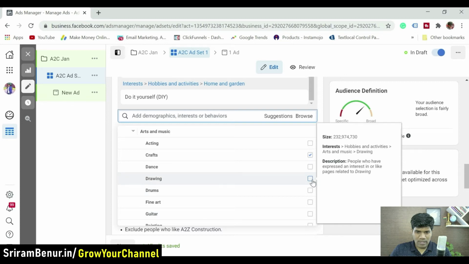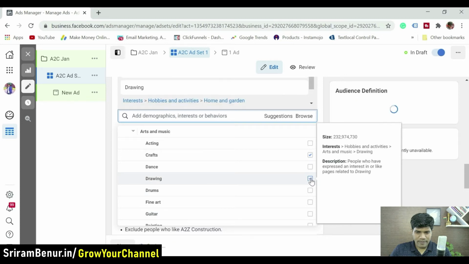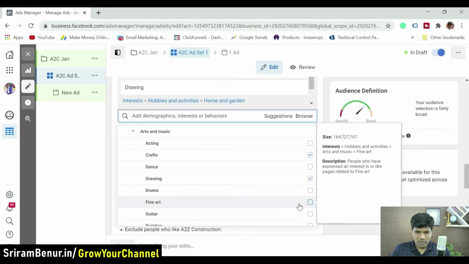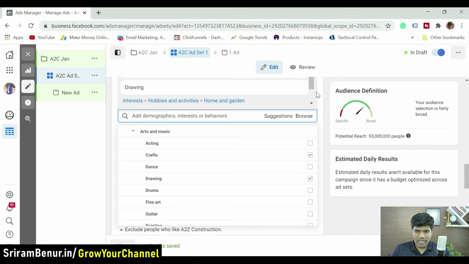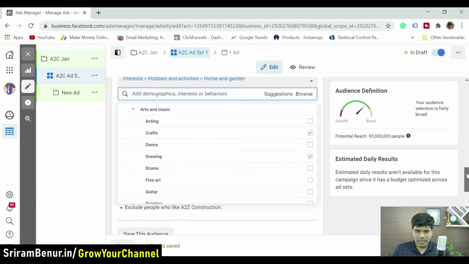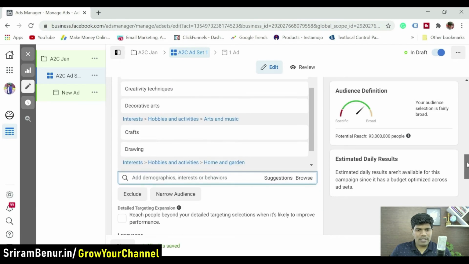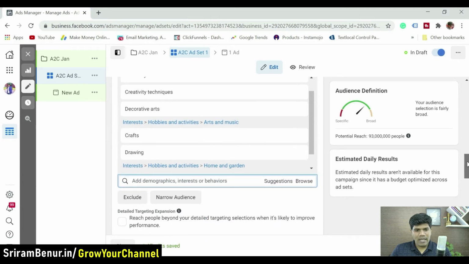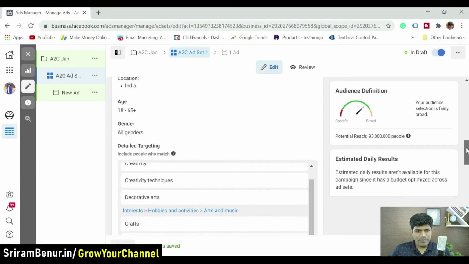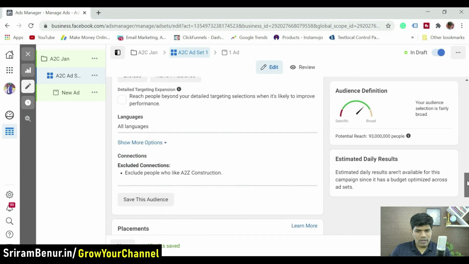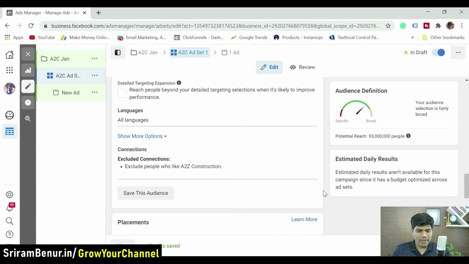Maybe people who are interested in drawing may also like this. Okay. So if I just scroll down, that's how you can actually see and select the different demographics or the people interest, and once you do that, you can just click on next and you should be able to do that.